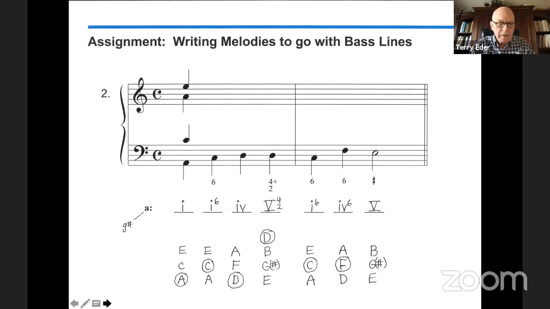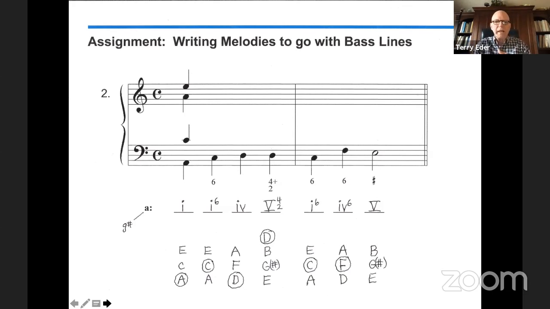And so there, over there where the key is listed, A colon, we have G sharp. I put that line down because G sharp is leading tone in the key of A. And there are the chords. I think probably they're all pretty explanatory, except of course the 5, and you have to worry about, it's so